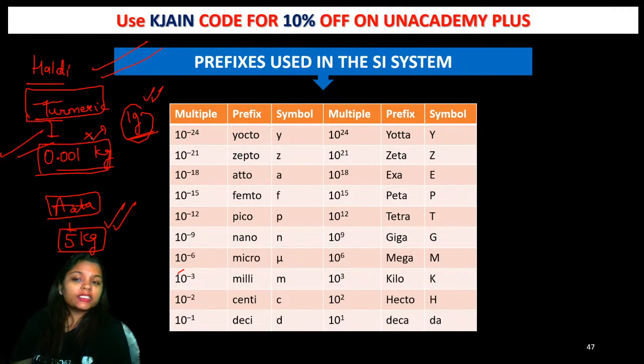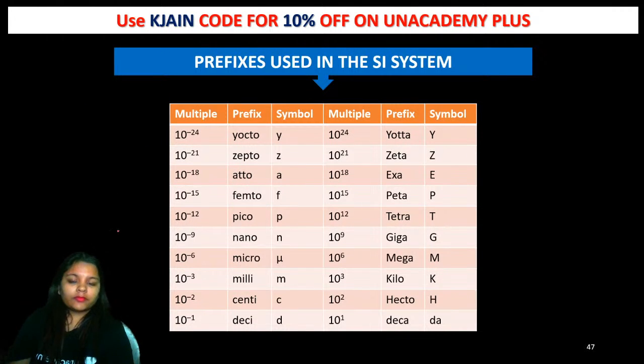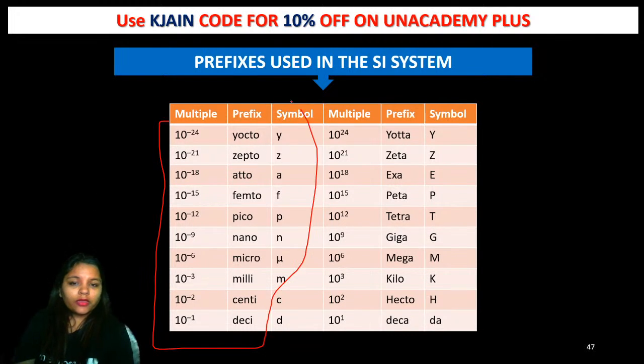So we have changed those things. We have deleted this k, and we have written only the gram here. So this is the meaning of prefixes. We use the prefixes so that our numbers look good and sound good. So these are the different prefixes.